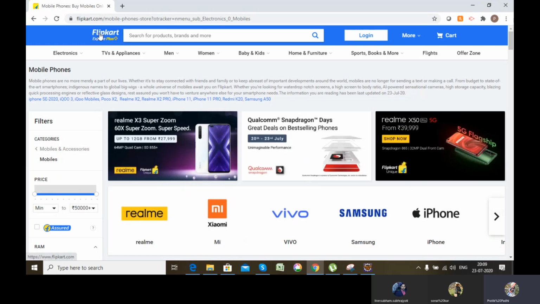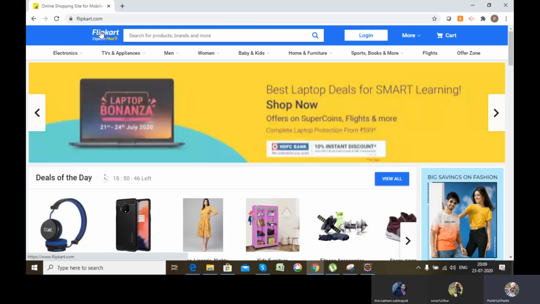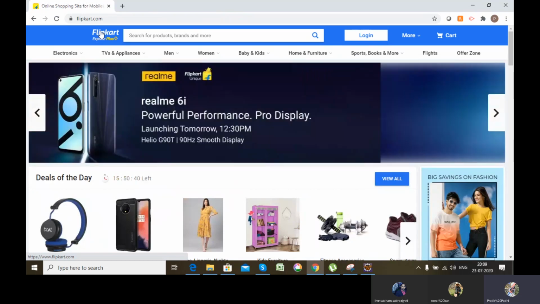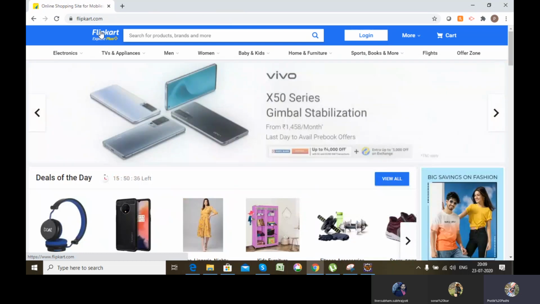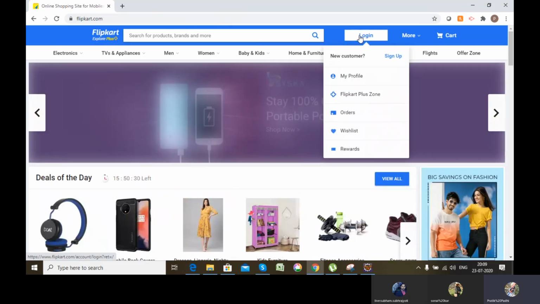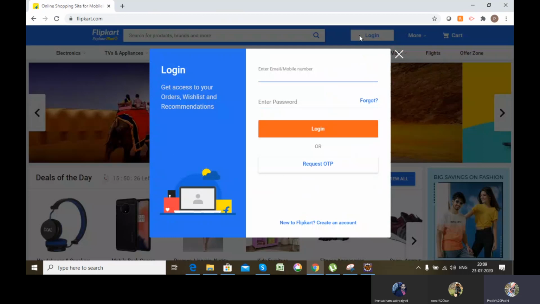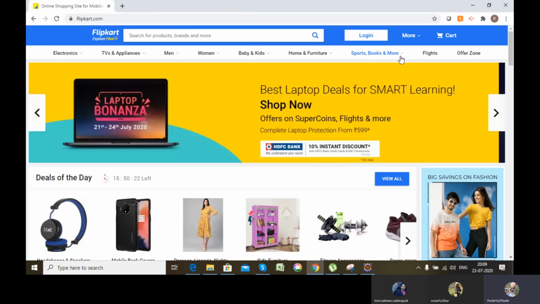Let's say, for example, for the sake of designing, I'll show you the design of the framework and we'll automate a single test case. Similarly, you can automate n number of test cases according to your wish. For now, I'll be automating this scenario. Once I open the site, this particular screen will be opened. So I'll just click the cross sign, so I'll not be logging in to the system.